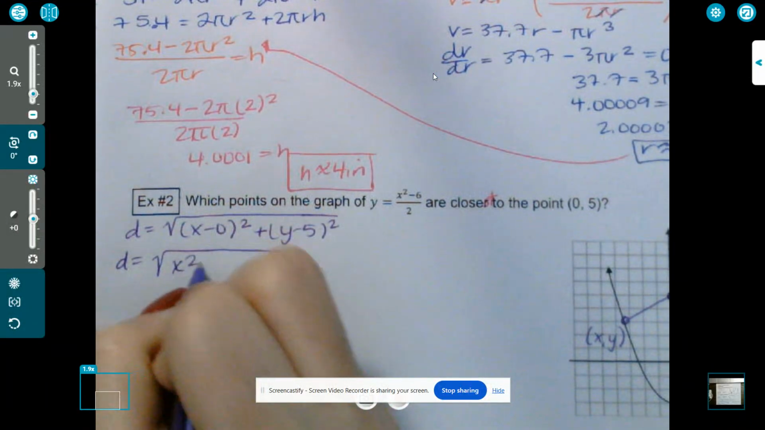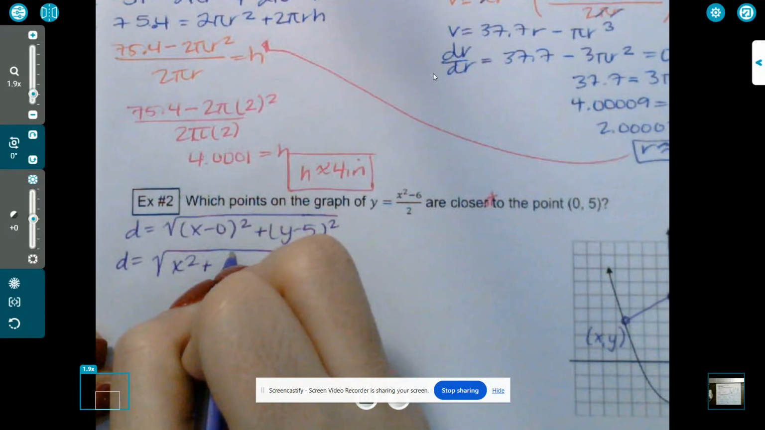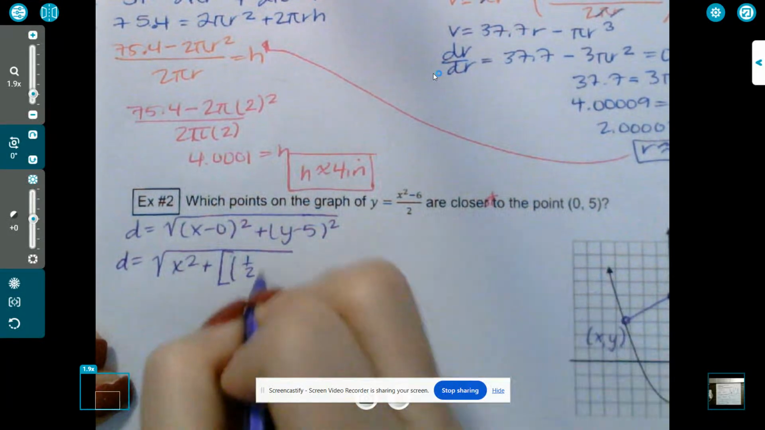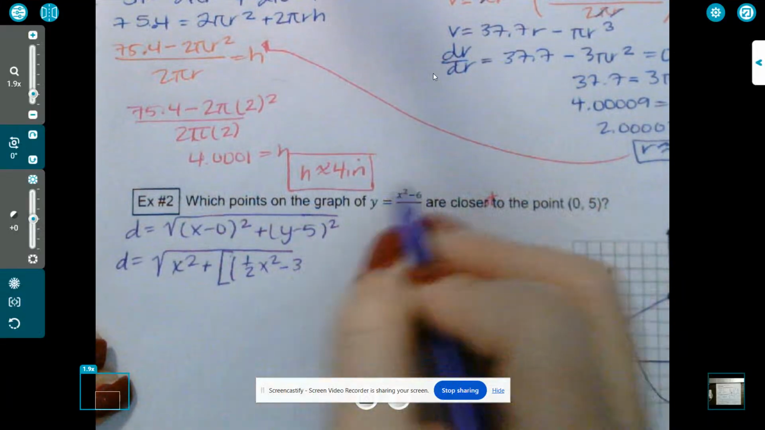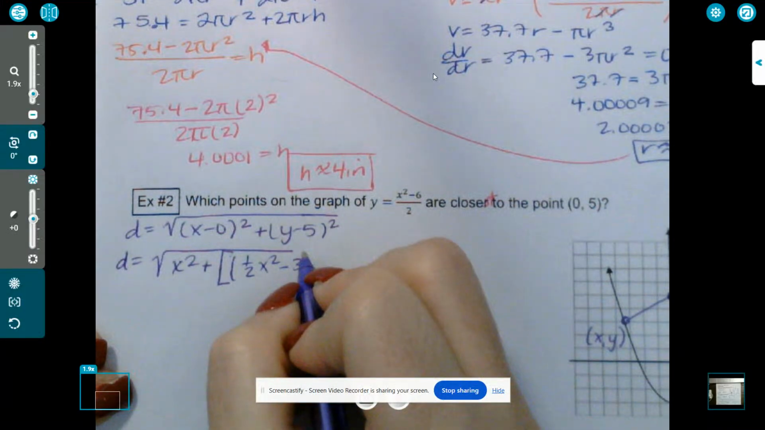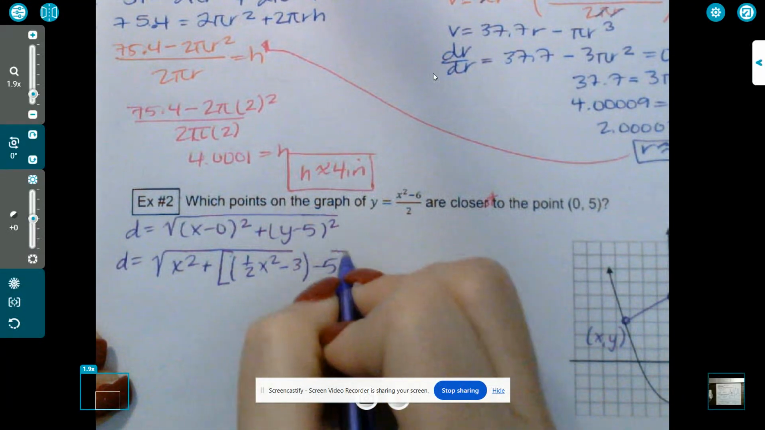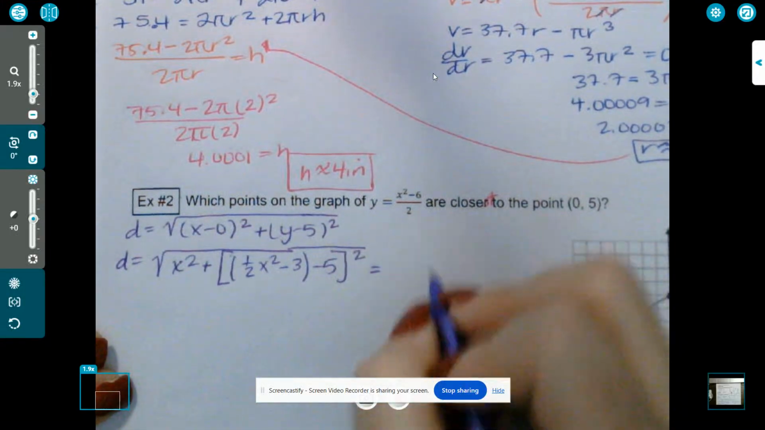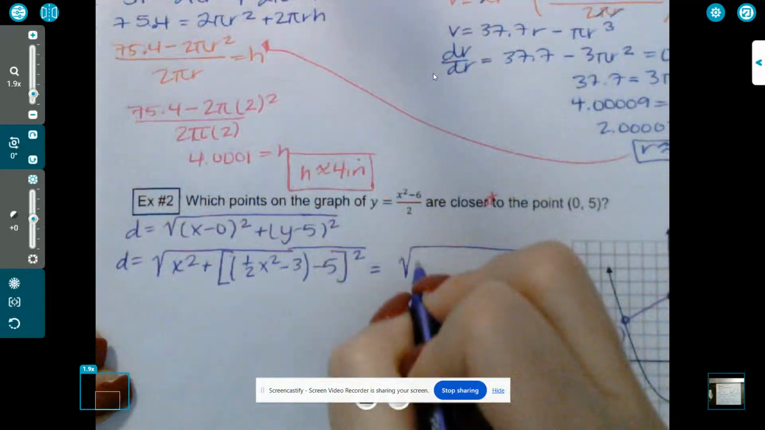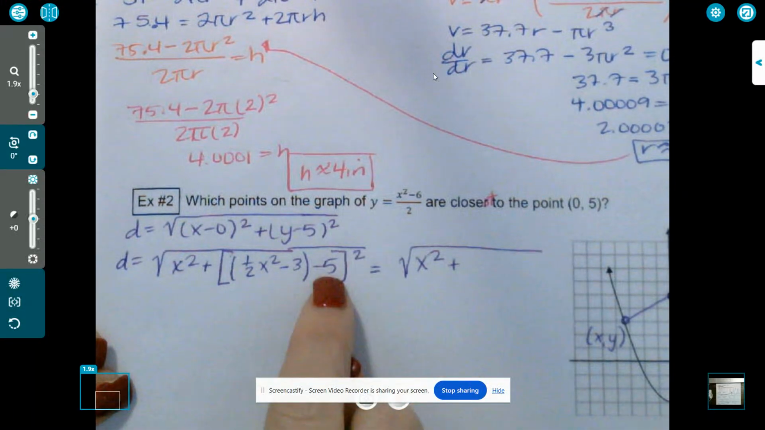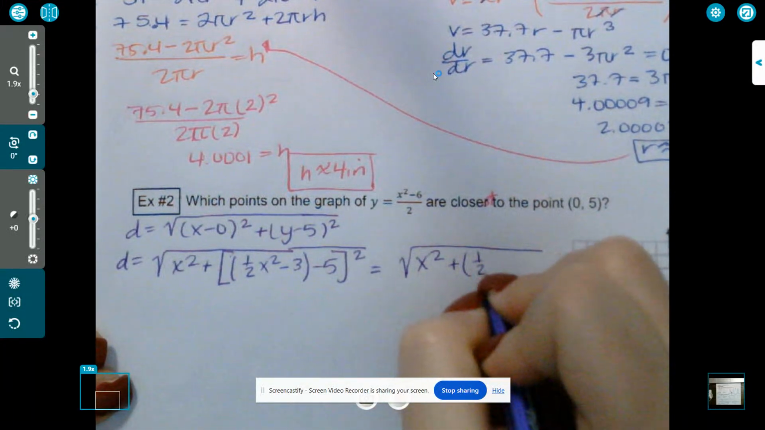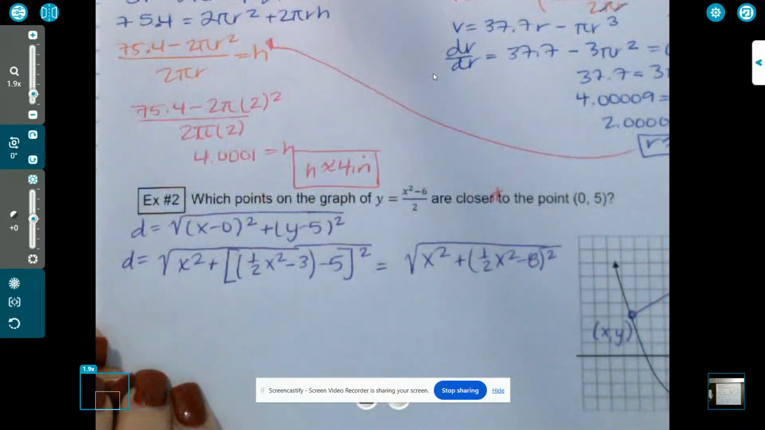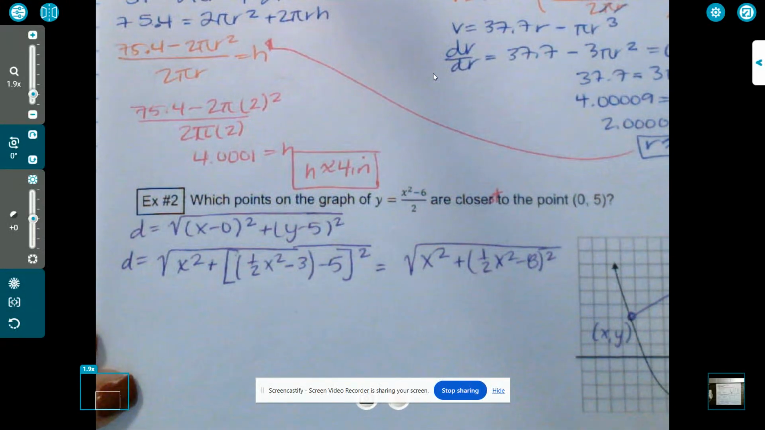So that would just be x squared plus 1/2 x squared minus 3. I just simplified that. Minus 5 quantity squared. All right, so if we clean that up just a little bit more, it's going to give us x squared plus minus 3 minus 5 is going to be minus 8. So 1/2 x squared minus 8 quantity squared. All right, and if you work that out,